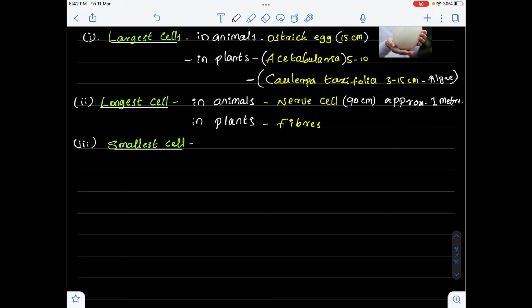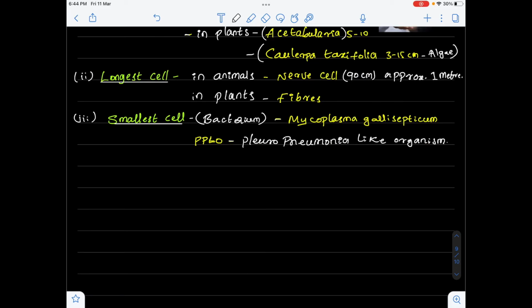Smallest cell is the bacterial cell. Name of that bacterium is Mycoplasma gallisepticum. It is also known as PPLO. Full form of PPLO is a pleuropneumonia-like organism. Mycoplasma gallisepticum is the smallest living cell, but actually the smallest cells are viruses, because viruses are smaller than the bacteria. And here